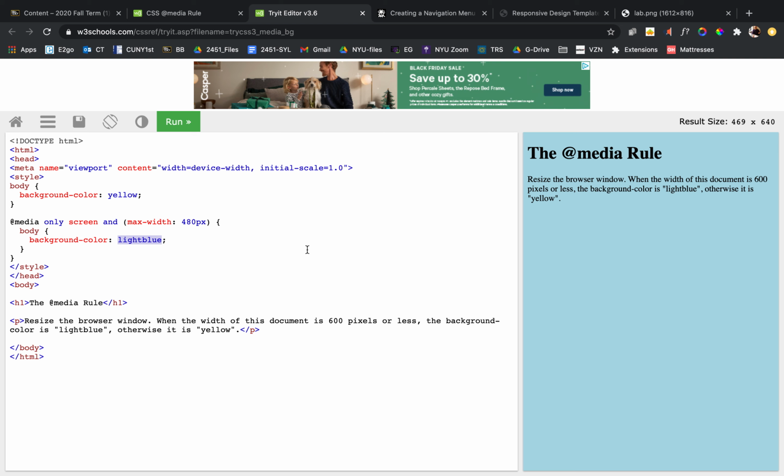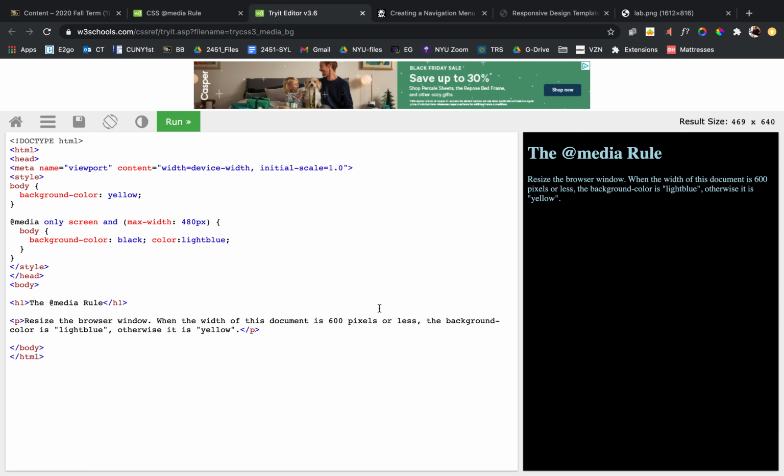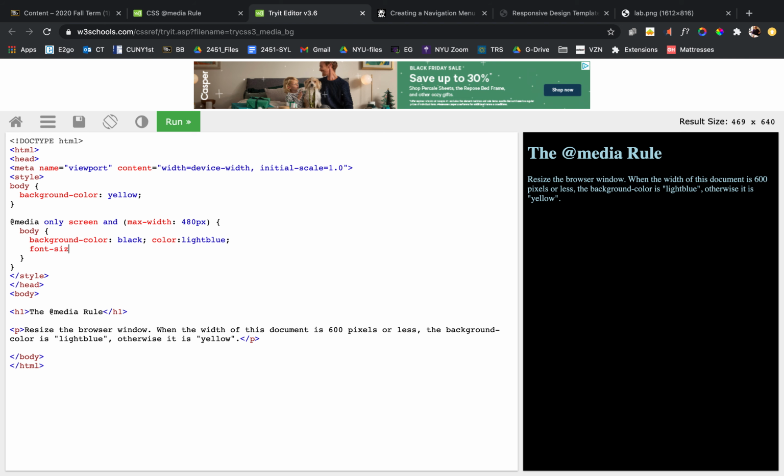So let me just fake this here with a black background and a color, and that then makes this a little more readable. Now I'm also going to change the font size